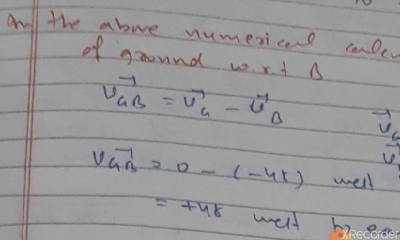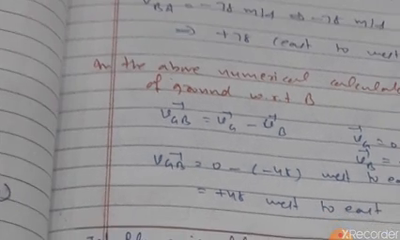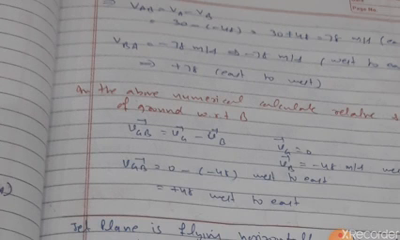VG is equal to 0, and velocity of B, students, what we have taken is minus 48. So we will put here 0 minus minus 48. It means it will be equal to plus 48 from west to east. Now one another